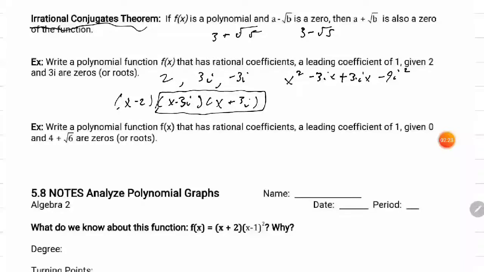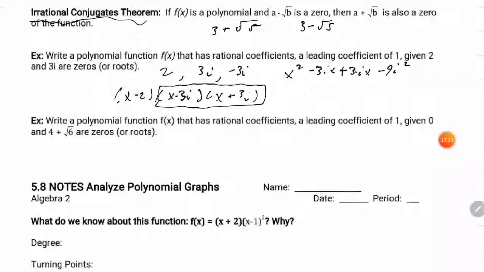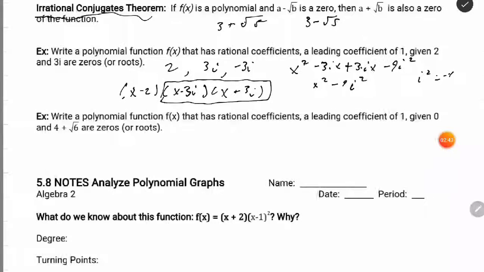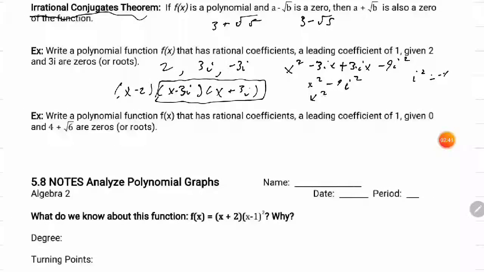So the 3ix's cancel, and then I'm left with x squared minus 9i squared. And remember, i squared is equal to negative 1. So I'm going to replace i squared with negative 1, and I'll get x squared minus 9 times negative 1, which is plus 9. So I have x squared plus 9, and then we're going to multiply x minus 2,